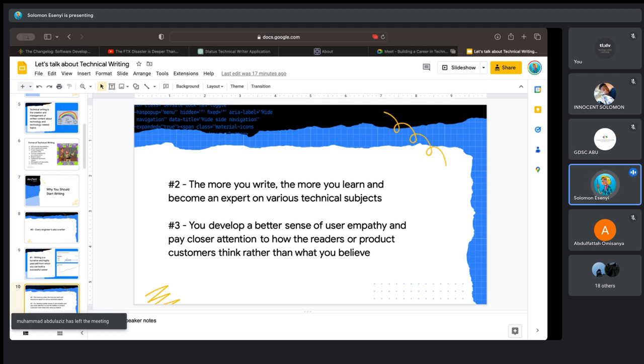And then from time to time, you start seeing that you can actually contribute to the product team whenever they are doing their UX research and all, and just say, hey, I noticed these things about developers, I noticed these things about our users and all. And then you can also collaborate with the developer relations team if your company has one, because you will also work closely with them as a technical writer.